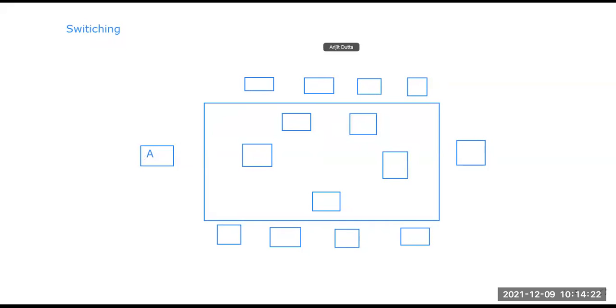Suppose it is A, B, C, D, E, F, G. Suppose this number of devices are connected, I am trying to say that multiple devices are connected. Right now, considering the scenario, these are my interlinked switches that are helping us for the processes. Okay, so let me just draw a connection like that. So suppose this is a connection system.